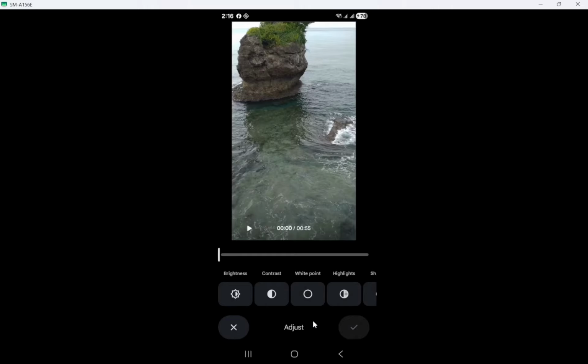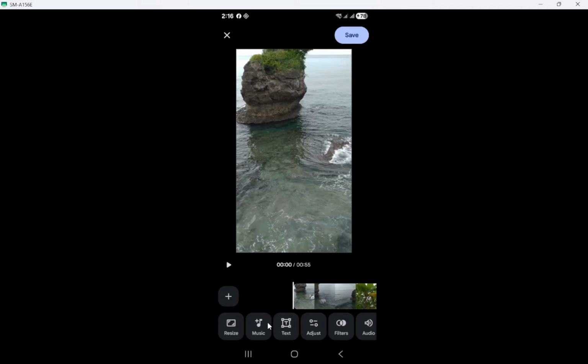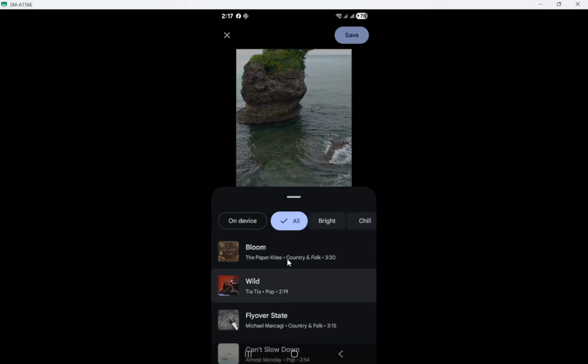In some app versions, you can also reorder your clips, which is fantastic for telling your story just the way you want. Additionally, if you're not a fan of the original audio, you can mute it. Each of these editing options lets you tailor your video to your liking, making it uniquely yours.